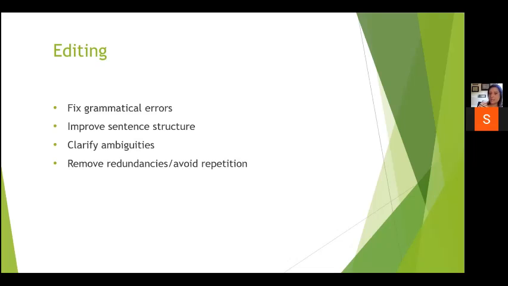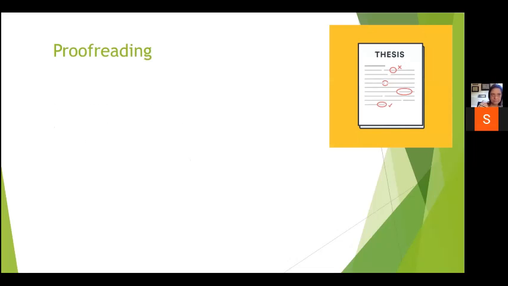Remove redundancies, avoid repetition. And I know we spoke about proofreading. Again, you and the person or people that you have reading can also help you with this. If you're using Microsoft Word, of course, you're going to know what your spelling errors are. Missing words,